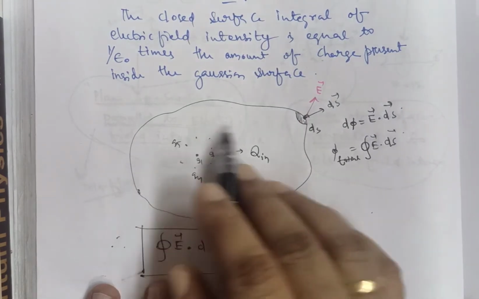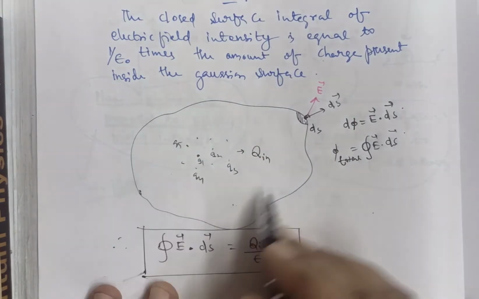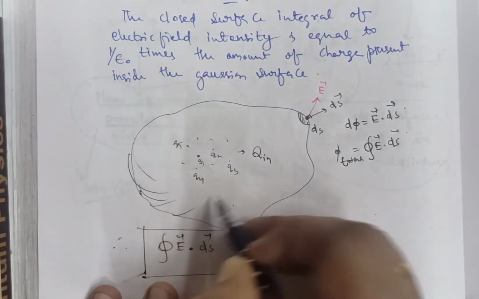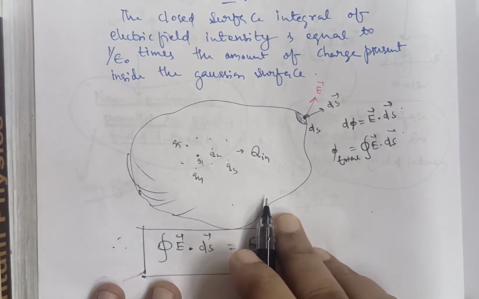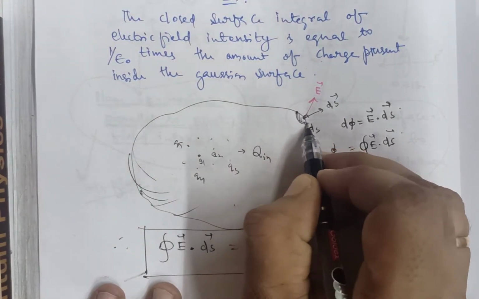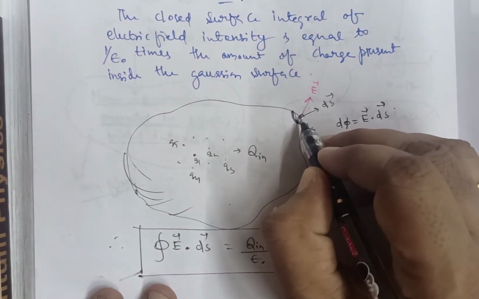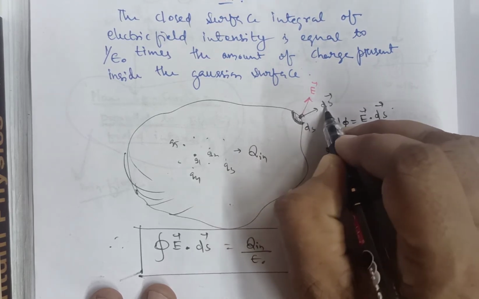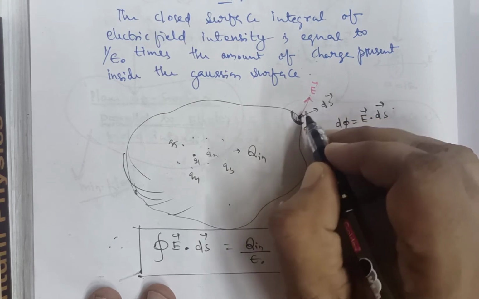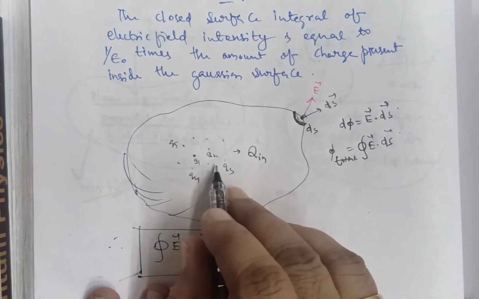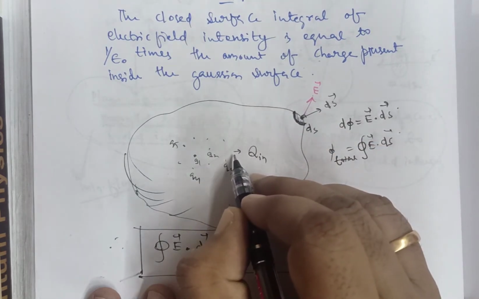Now you see, this is the distribution of charges. We enclose these charges by an imaginary surface. According to the name of Gauss, this imaginary surface is known as Gaussian surface. Then we take some small surface area. You see, this is the area vector. In the previous class you know that this area vector is always perpendicular to the given surface. Now this is the electric field intensity. The direction is in this way due to this distribution of charges. This direction of E may vary with the distribution of charges.